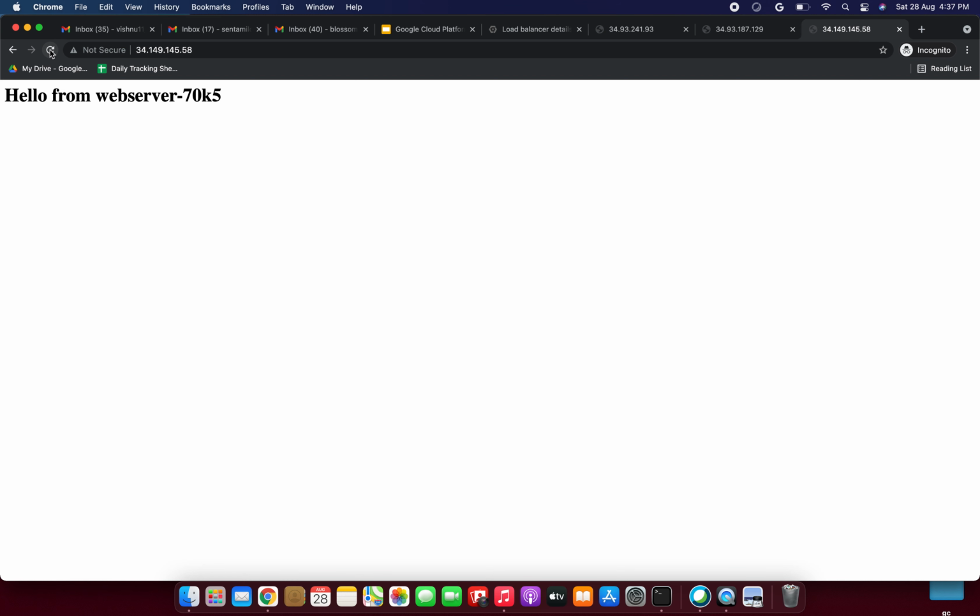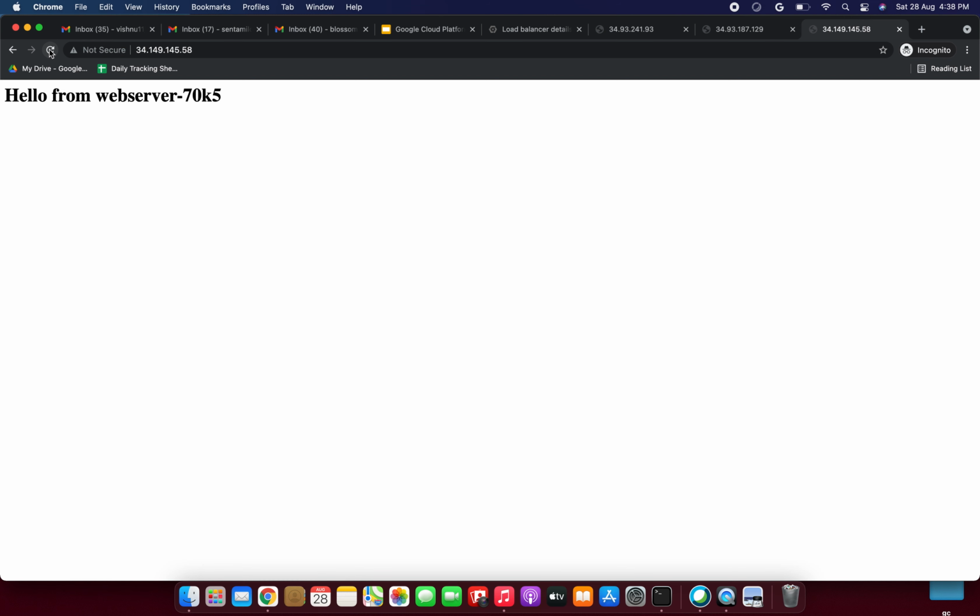We are going to summarize what we have done so far. First, we launched the instance template and configured the VM configuration. From that, we created the instance group, two Google Cloud Compute Engine VMs in two different availability zones. Next, we created the health check.